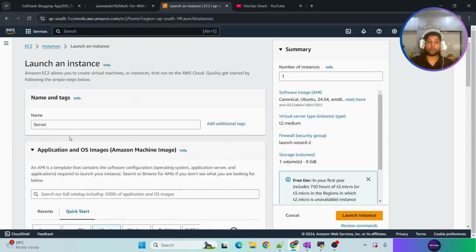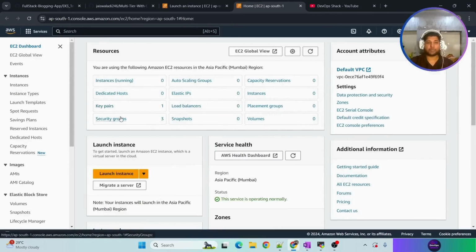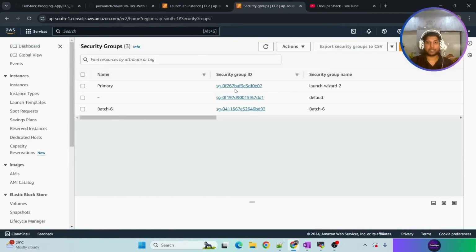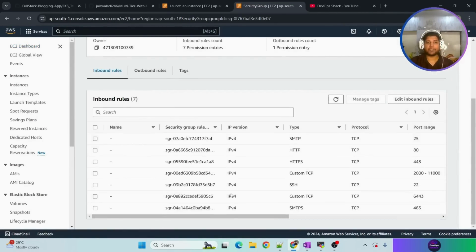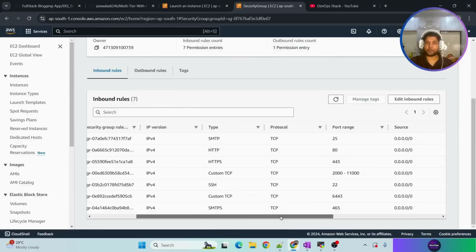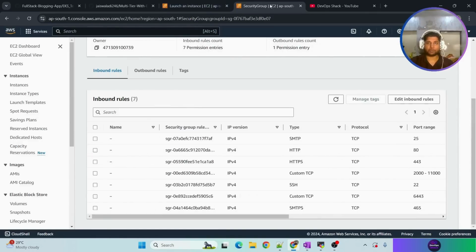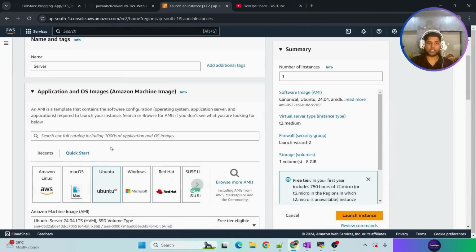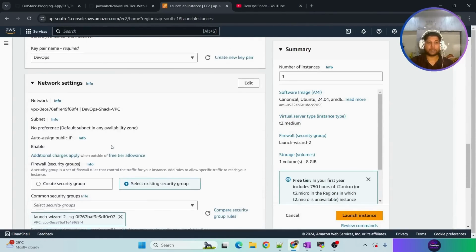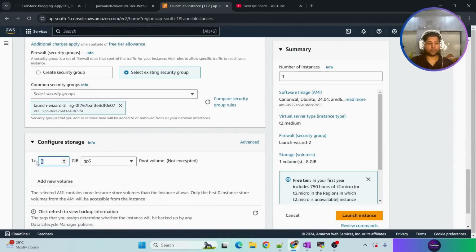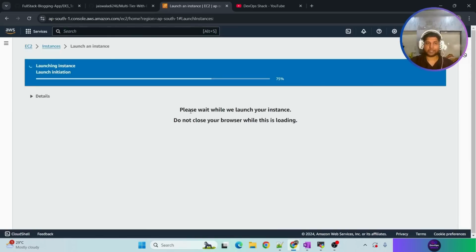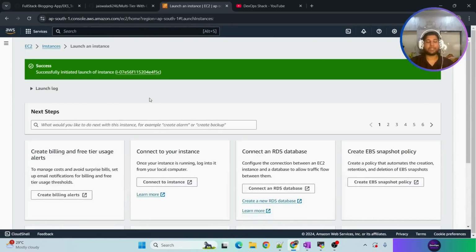Let me show you the ports that I have opened on my machine. Here we can go to security groups, and here you can go to primary, and these are the ports open in my inbound rules. Okay, now coming back to machine creation. So for storage, I'm going to go with 24 now. Click on launch instance. Now this is the instance from where we can get started with the creation of the EKS cluster